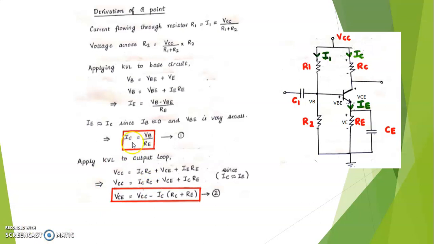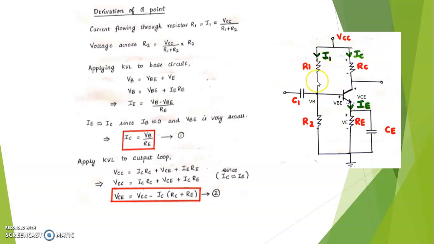Also, what do we understand from the Q point? We can see that VB is a constant term, RE is a constant term, so IC is also a constant term. Similarly, all the terms on the RHS are constant terms and are not going to be affected. That is, the output voltage won't be affected. It is not depending on terms like beta. So we can see that this circuit is going to give us proper amplification. That is, it will allow the transistor to amplify the input signal properly at the output, since the Q point will be fixed, right? The Q point actually depends on constant values. So the Q point will be fixed.